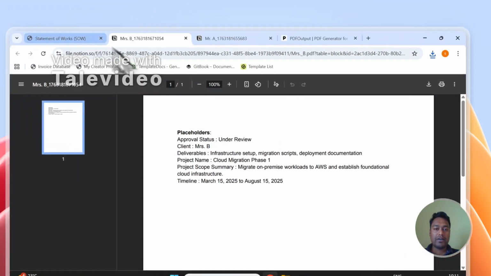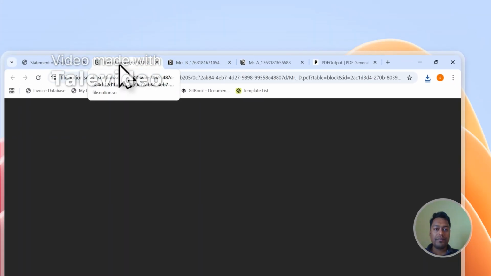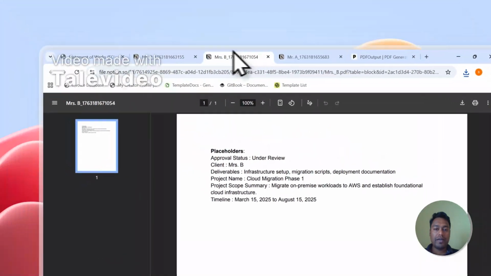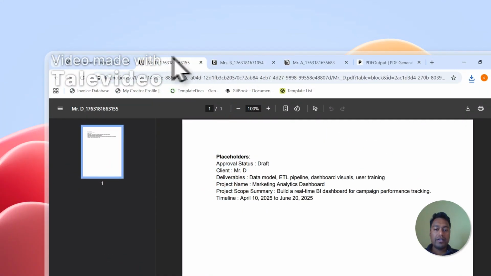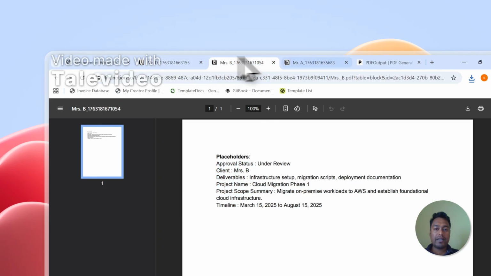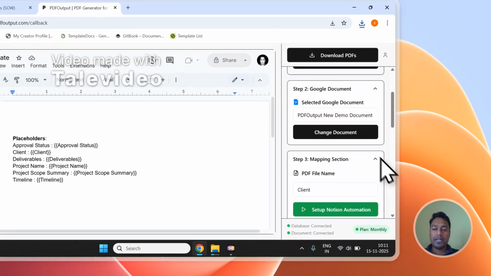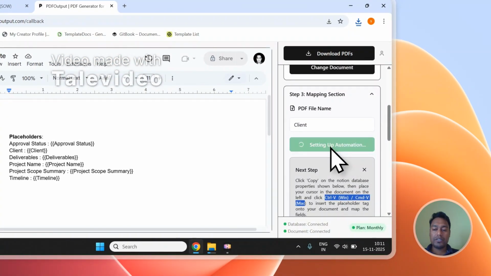You can see this is the second record, and let's open up the last one, Mr. D. So you can see this one is also created. So we have got three files created for your use case wherein we have already mapped all the properties as per the database. Now, the best part of this tool is once everything works correctly, click on Setup Notion Automation,